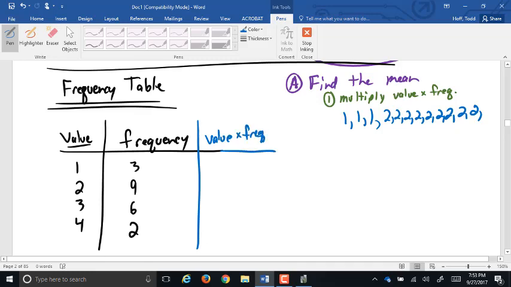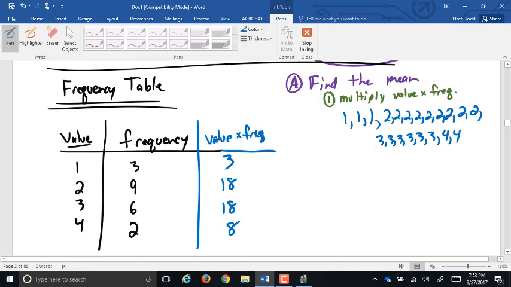So 1 times 3 is 3. The 1s total up to 3. There's 9 2s. 2 times 9 is 18. So the 2s would add up to 18. How many 3s are there? Yeah, 3 times 6 would be 18. The 3s add up to 18. And there are 2 4s, so 4 times 2 is 8. So again, that would be just like writing out all these values